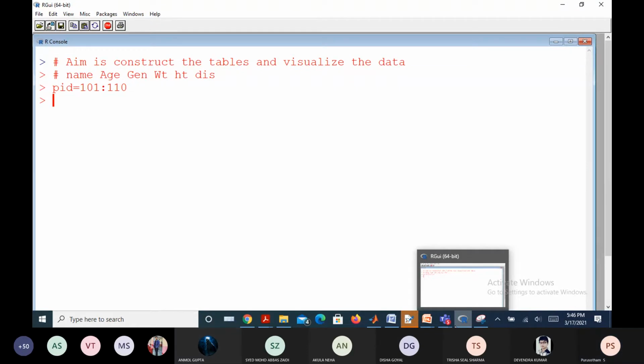Okay. You can start even from 1 to 10, nothing wrong. It is just for our practice purposes. Some people give the patient ID along with alphabet letters also. So they have their own strategies of giving the ID. For convenience, I have taken the 3-digit numbers 101 to 110. So 10 patients. Now for the 10 patients, the name we used to give in character form, right now I'm discarding, as I have tagged the ID to the 10 people.